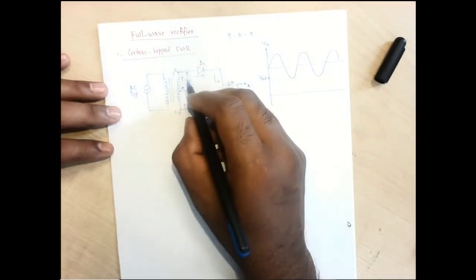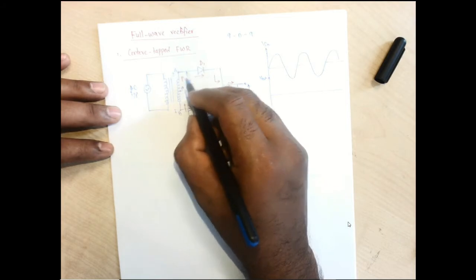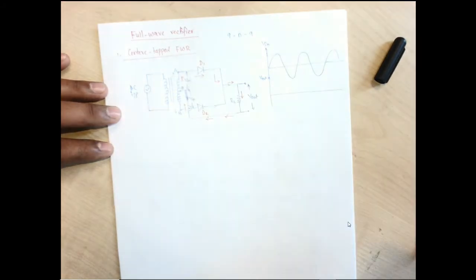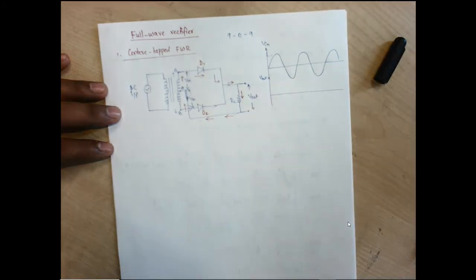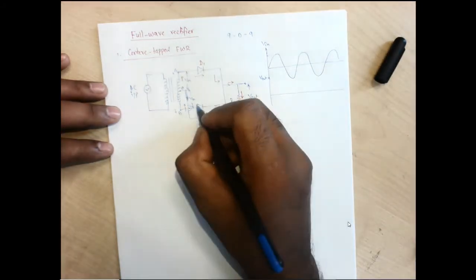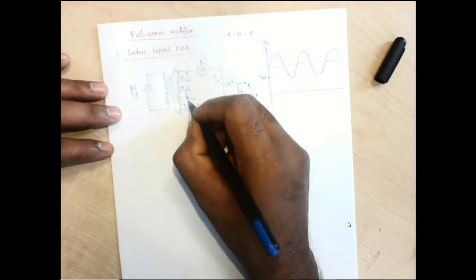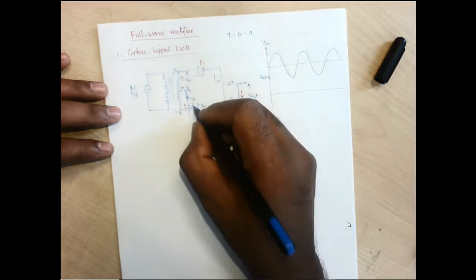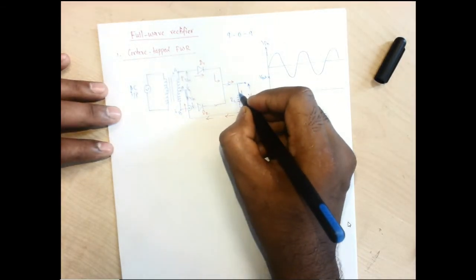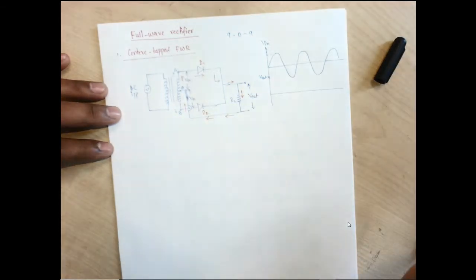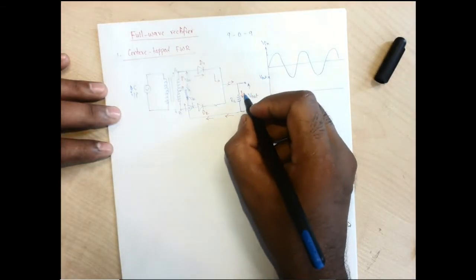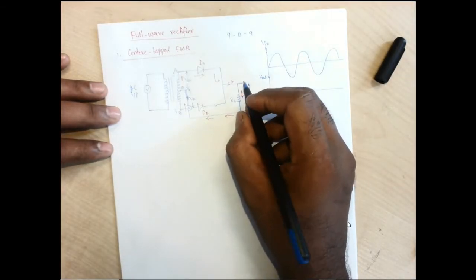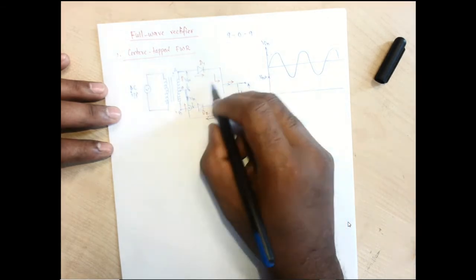First the current will flow for this Vm applied between points A and C. The external load is fixed, so the amount of current will be fixed. For the second half, this Vm will be applied between B and C, the load is fixed, so the current is obviously fixed. So in both cases the current does not change, and the load continuously has the same amount of current from this circuit.